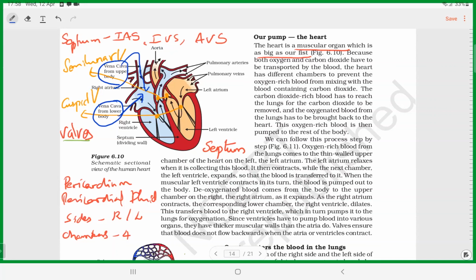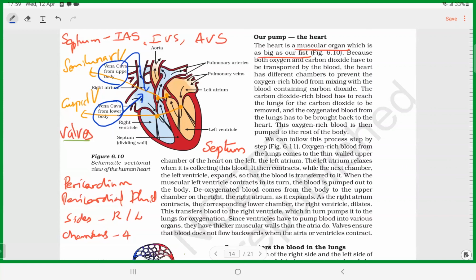All deoxygenated blood from the lower part of the body is collected and drained into the right atrium. From the upper portion of the body, head, arms, all parts of the body, deoxygenated blood is collected and